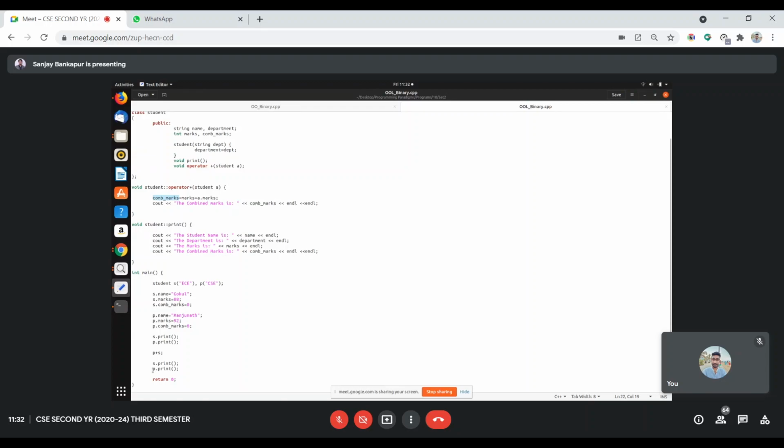So when we see p.print, the combined value for Manjunath will be updated to some new value, but however the Gokul object's combined value will still be 0.